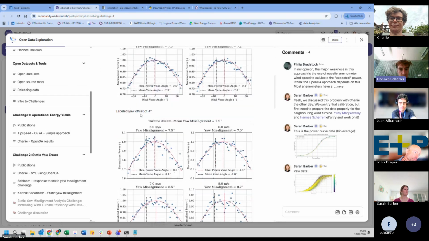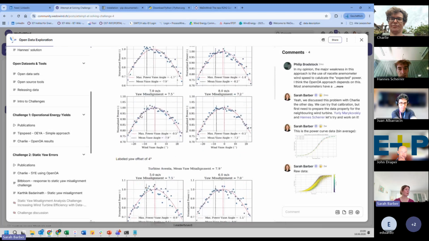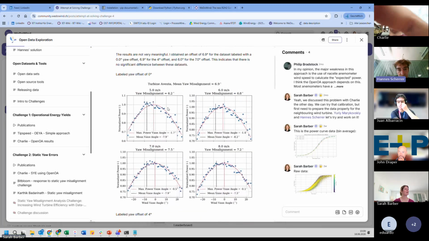Maybe you can just say something quickly about what these plots are showing. Yeah.